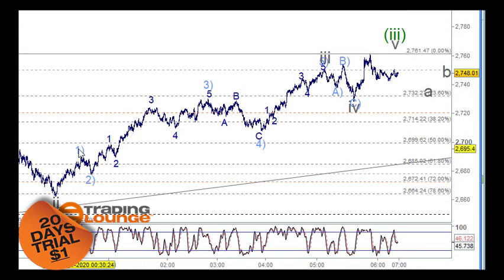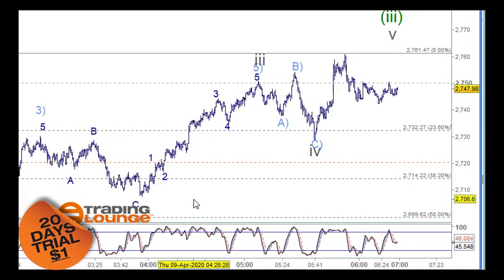So that would take me as 1 and 2 here, 1, 2, 3, 4, 5 for 1 and 2 here, 1 and 2 and 3 and 4 and 5 for 3 and 4 here, and then 1 and 2 and 3 and 4 and 5 for the third wave, ABC for the fourth wave here, and now we're in the fifth wave here. I haven't labeled this one here properly, but I can see we've got 5, 4, 3, and then we've got here, we've got